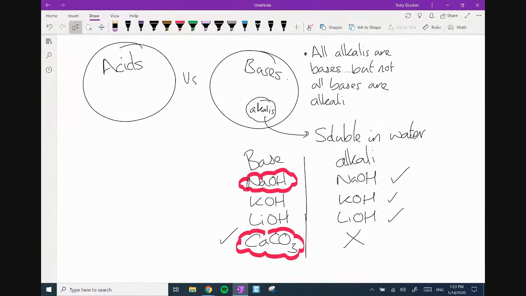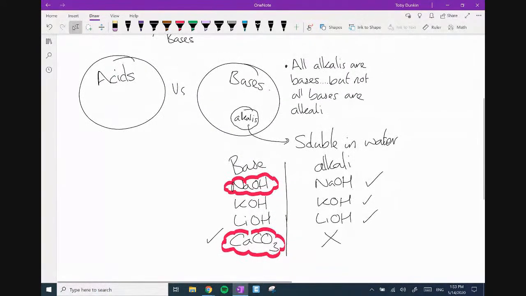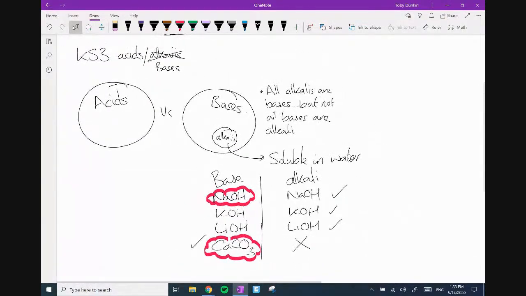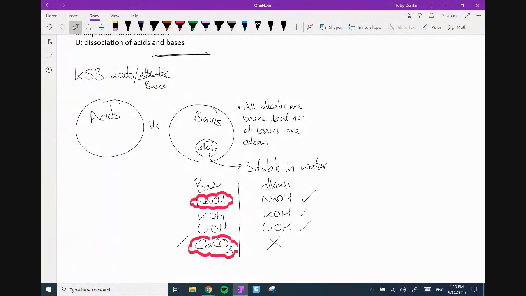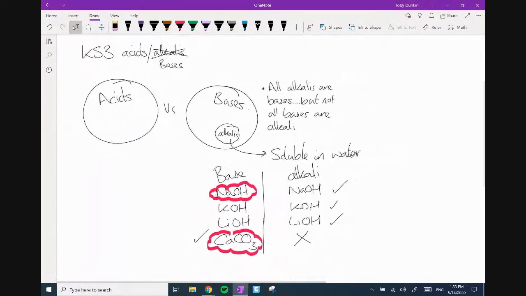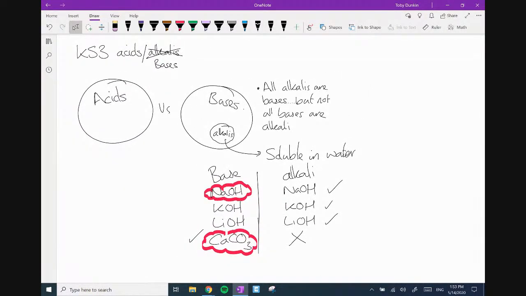Okay, so I've cleared up the issue of acids and bases, and we're no longer going to call anything alkalis. You're just going to call everything a base, but there may be the question in your GCSE exam of what makes an alkali different from a standard base, and you say because it's soluble in water. If you want to add that question to your notes, feel free to do so. But you shouldn't really use that term because you could be wrong. More bases are insoluble than soluble ones.